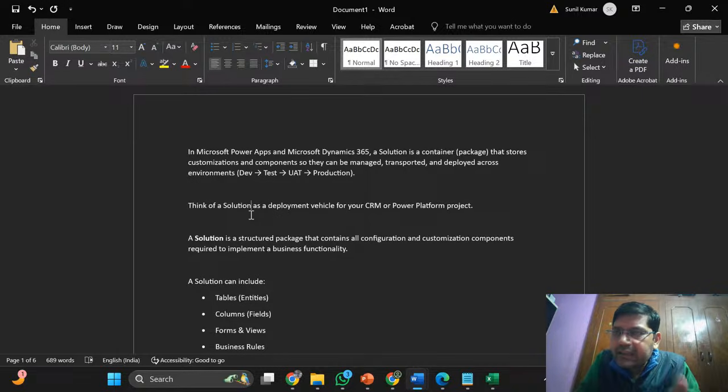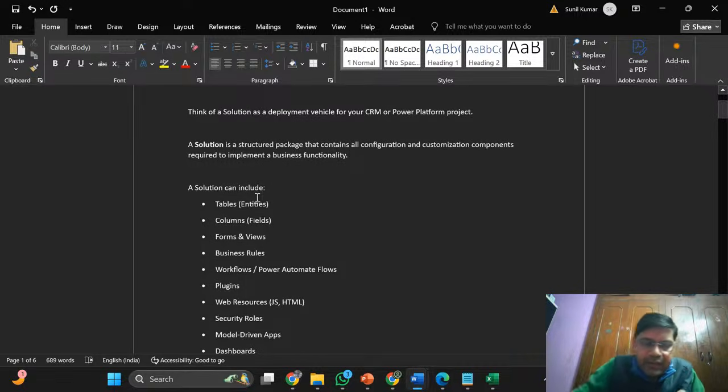ask your testing team to test those components in the test environment. Once they have tested and accepted, saying, hey, this is the feature that we required, and we are supposed to get this particular feature in the same manner, you can directly move that solution into your testing environment or UAT environment. So in a solution, you can prepare a solution, add the required components, and move it. And you can mainly add into a solution